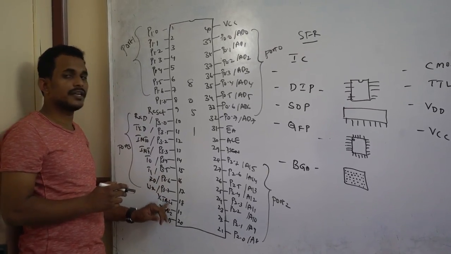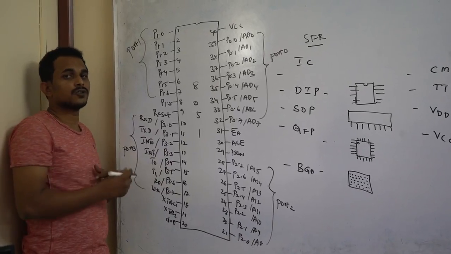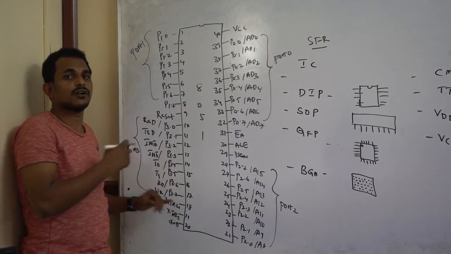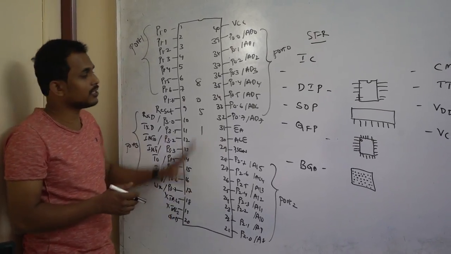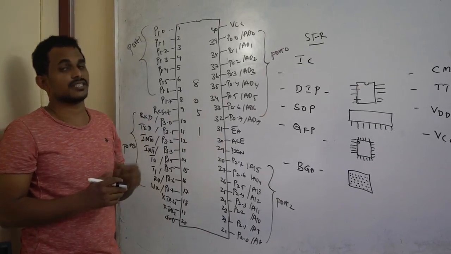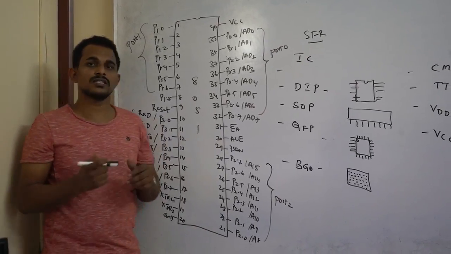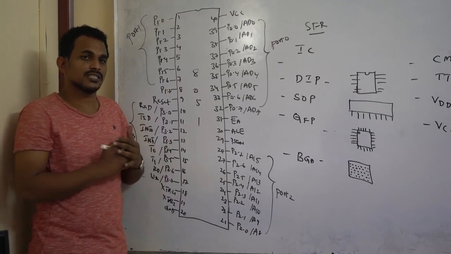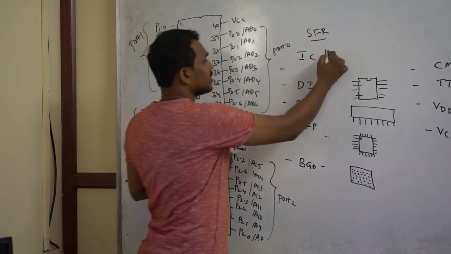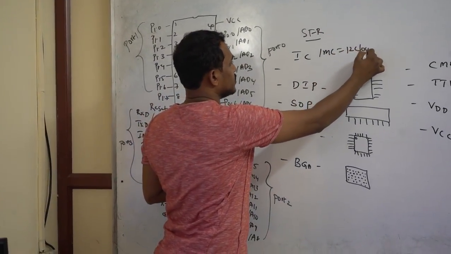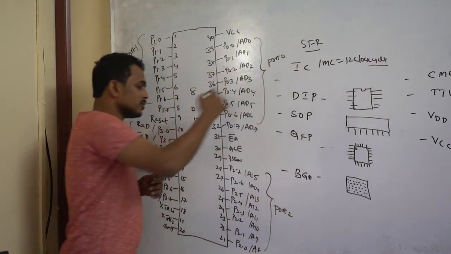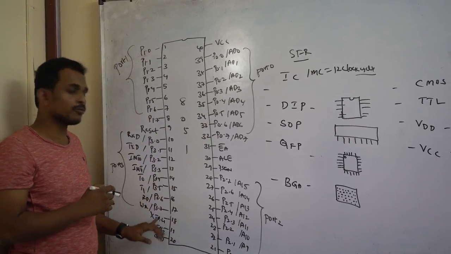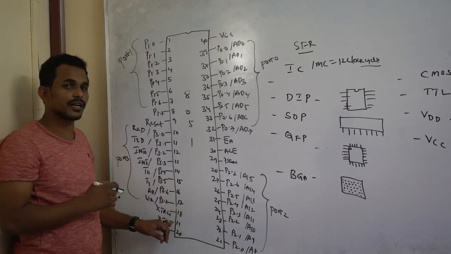And coming to 18 and 19, which are used for the oscillator, and this oscillator you are going to connect externally to your microcontroller, which will generate clock cycles. With the help of these clock cycles, the microcontroller executes your instructions one by one. Because to execute one instruction, it takes one machine cycle. One machine cycle means the time taken to execute an instruction. For one machine cycle, you need 12 clock cycles for the 8051 family. So these 12 clock cycles are whatever clock cycles are generated from the oscillator connected at 18 and 19.